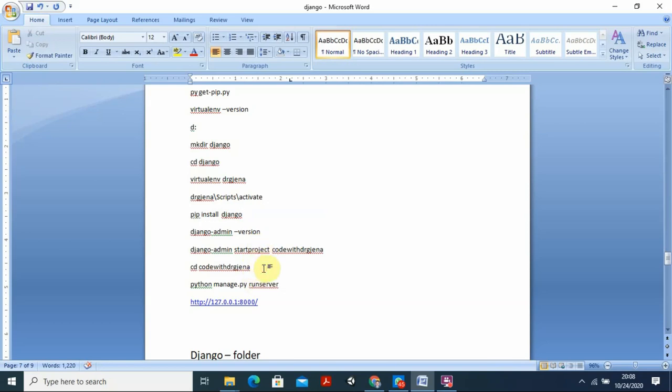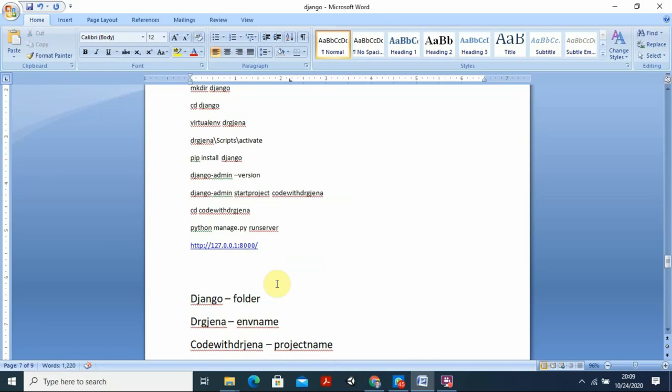Then after this you have to go for running the server, and before running the server you have to migrate something, which I am going to tell you. And once your migration part is over, then immediately go for python manage.py runserver. Once the server runs you will find something, and you have to go for http. Never use https, don't go for the secure one, only go for http://127.0.0.1:8000/. Just enter it here, you can check it there. Okay, so this is the thing.